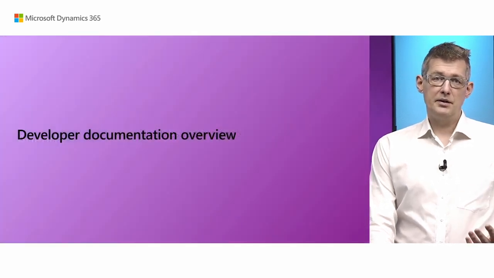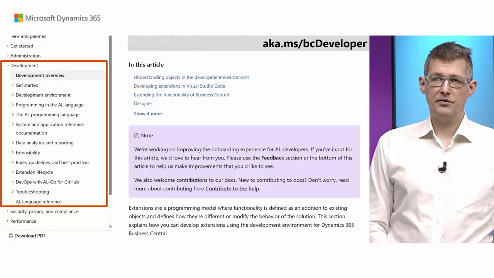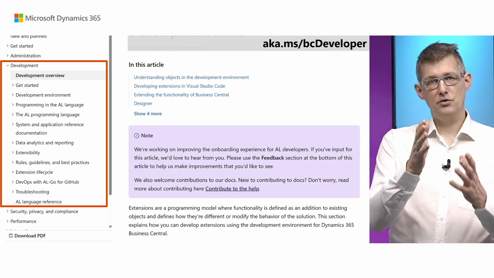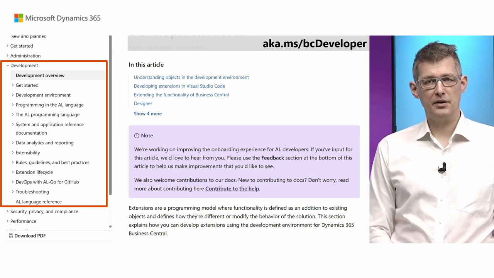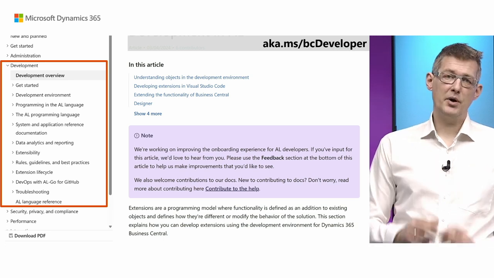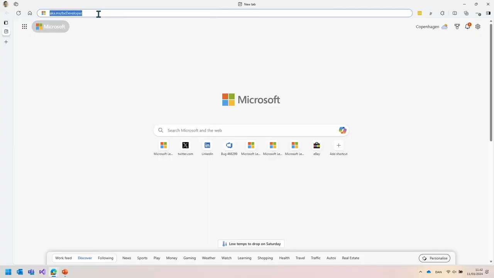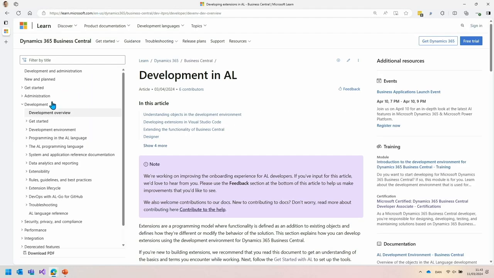The first thing is a new developer documentation overview with its own AKA link. The new AKA link, aka.ms/BC developer, takes you to this section in the Administration and Dev IT Pro documentation. I'll just quickly dive in there, and then we'll keep it to slides for the rest of this so that it's not so long and hopefully less boring. All right, so here's the new AKA link, and if I go there, it takes me to the development part